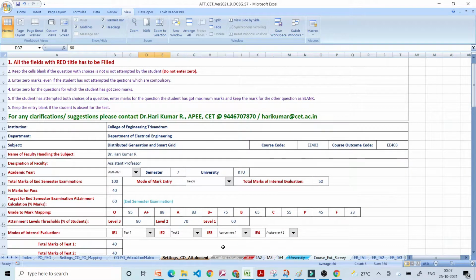Next, we will see the settings that need to be done in the setting CO attainment sheet. Here you can set the name of the faculty handling the course, designation of the faculty, academic year, total marks of end semester examination, mode of mark entry, it can be grade or marks, total marks of internal evaluation, percentage of marks required for passing the end semester examination, target for end semester examination attainment calculation, here it is set as 60, grade to mark mapping, average of the percentage band corresponding to grade O is given here, similarly for A plus, A, etc. Attainment level threshold, that is